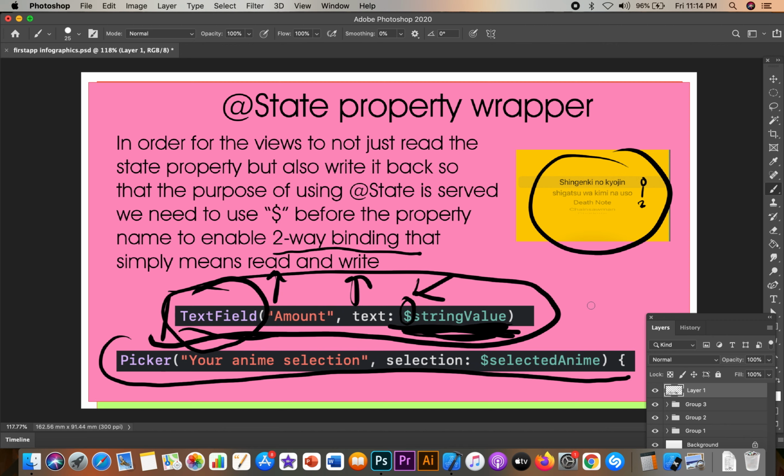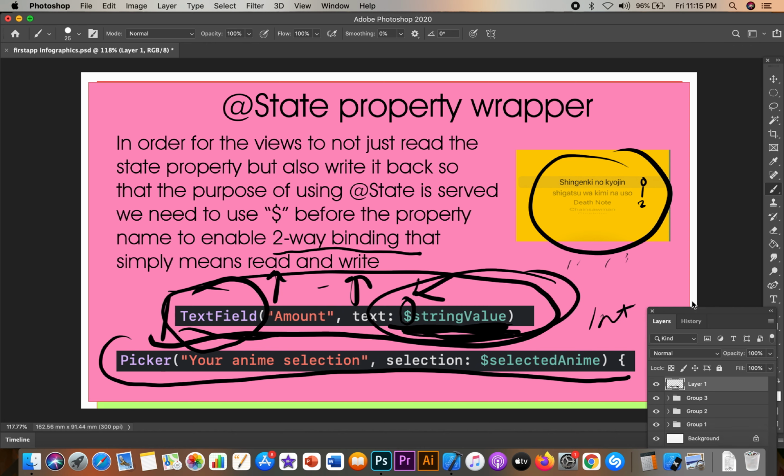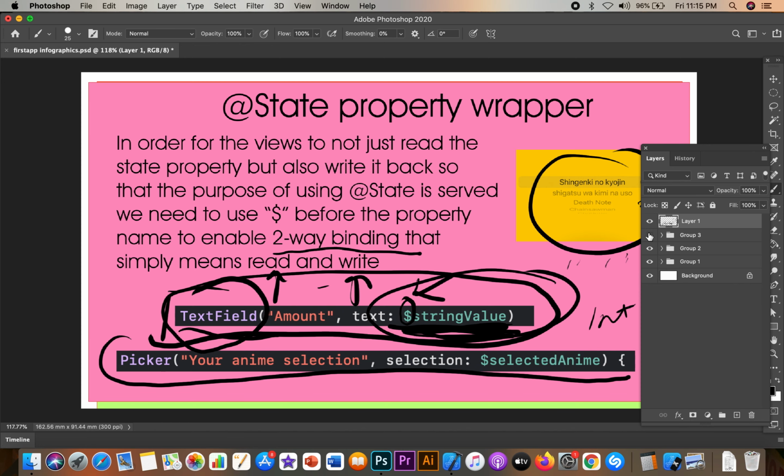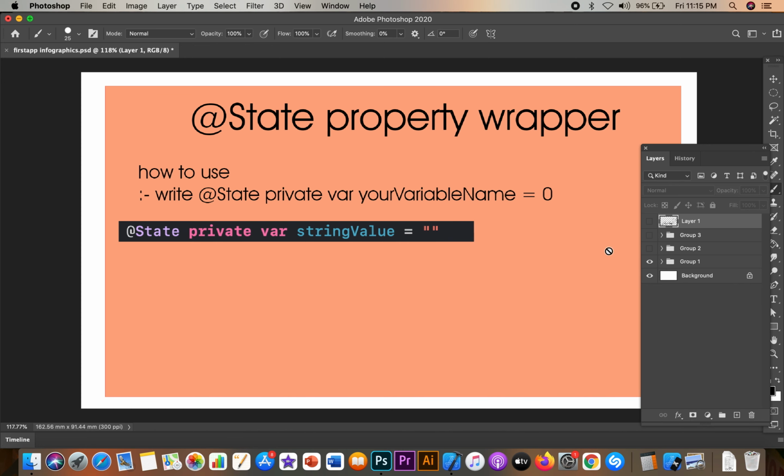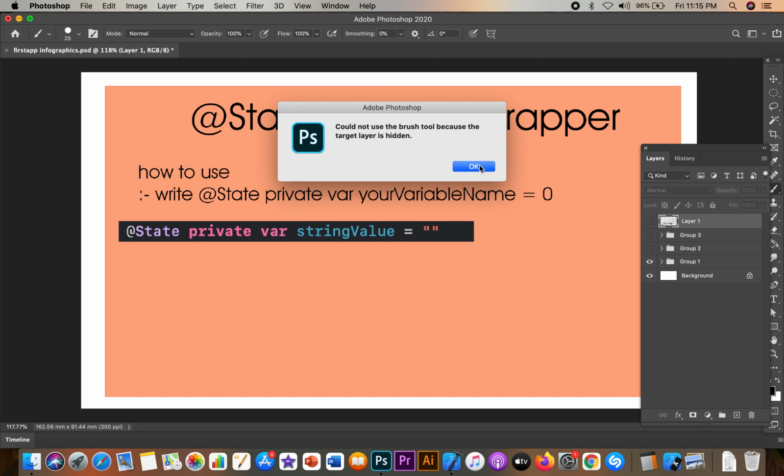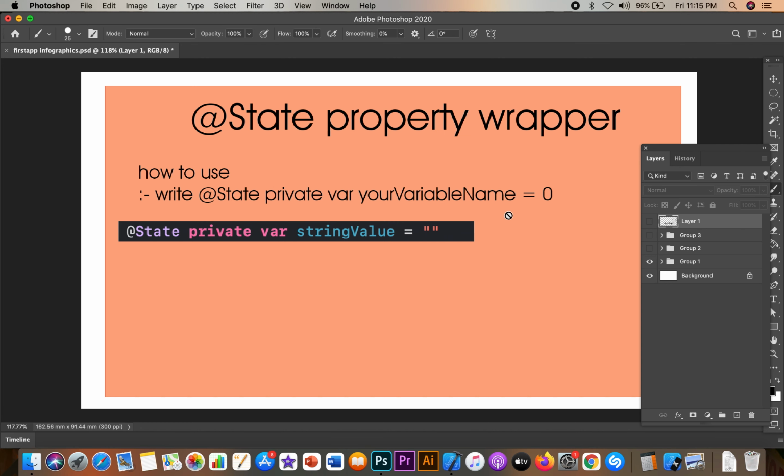Yes, you can use it to have numbers and integers as input as well, but that's for some other day, when we will discuss how you could do that too. But for now, you need to declare your property as a string when you use it inside a text field, and as an integer when you use it inside a picker, as we discussed in the very first slide, as you can see.